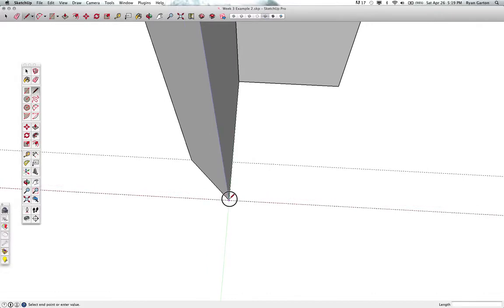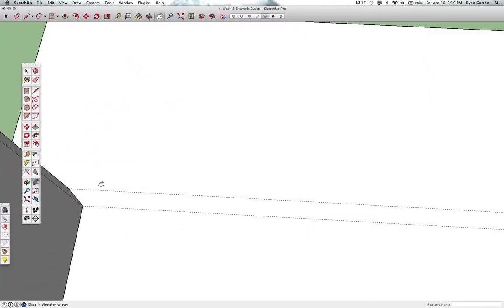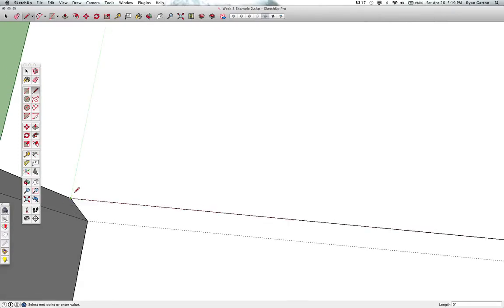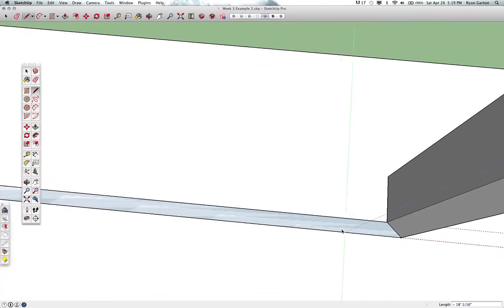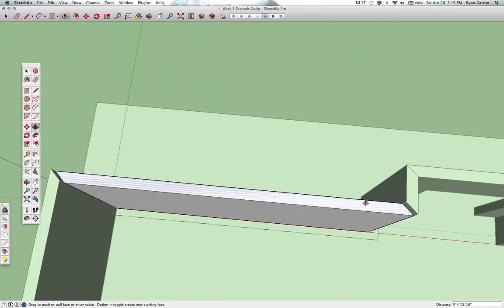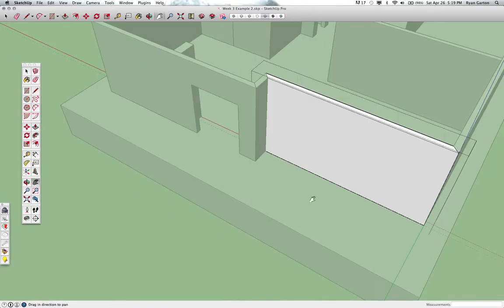Now when I draw my line from point to point, and bring it back over to this edge, drawing all the way around. When I open it up, when I double click to select it, G to group it, open it up by clicking on it and push pull it up to match. Now when I draw my guides,